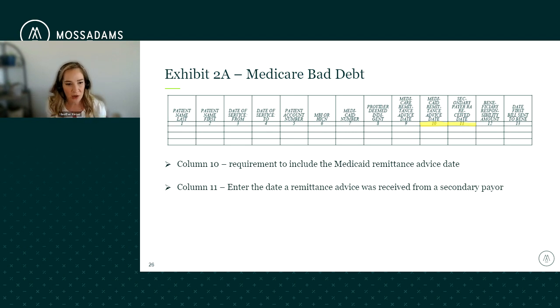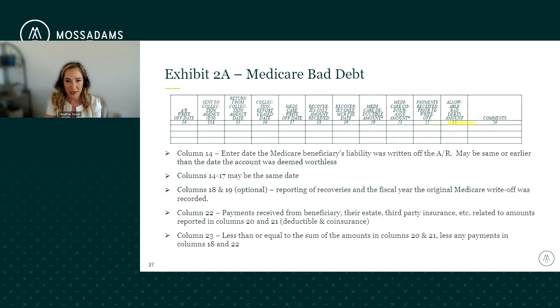Through the Medicare bad debt logs that we compiled, I will say the biggest issue that clients faced was being able to provide the Medicaid remittance advice date and ensure those secondary insurance remit dates are also getting populated. The primary reason for this is, as you guys know, they changed the regulations for crossovers to be that you must be billing Medicaid to ensure that you can claim a crossover claim. And so the validity check for that is to validate that the hospital is receiving a Medicaid remittance advice. So they're wanting that information up front.